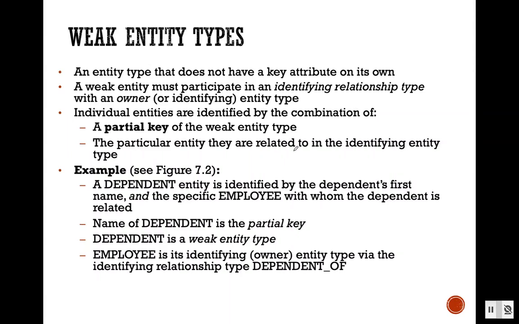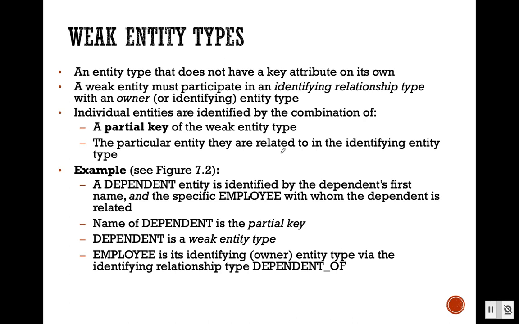Hello everyone. We'll see the big picture very soon, but before that we have just one item left from the ER diagram. It is known as weak entity types. So we saw a couple of entity types, but there is one type known as a weak entity. There could be an entity type that doesn't have a key attribute of its own. If an entity type doesn't have its own key attribute, in that case it will be known as a weak entity